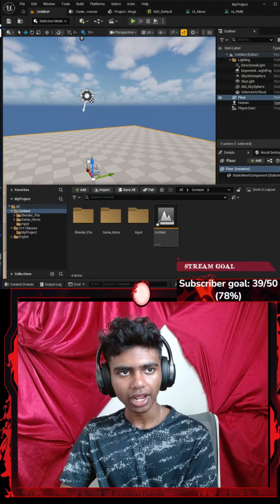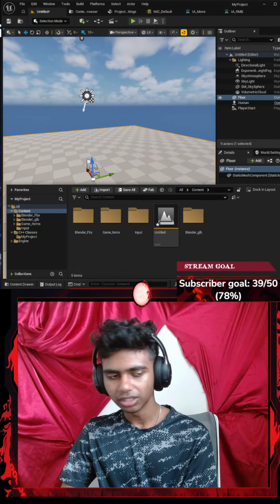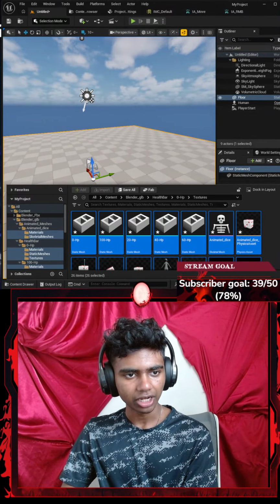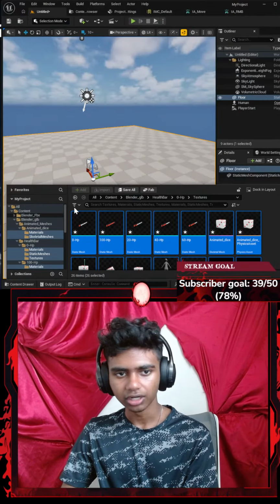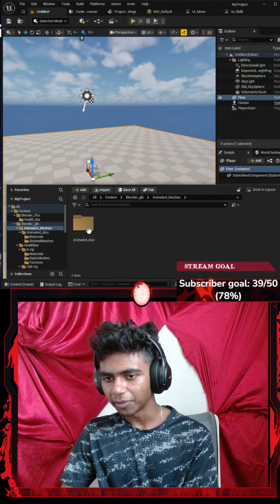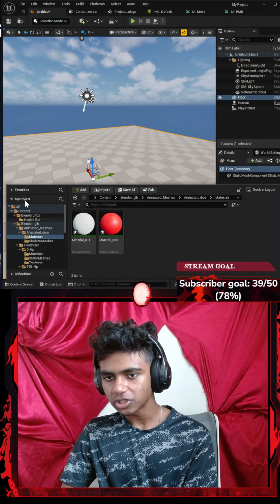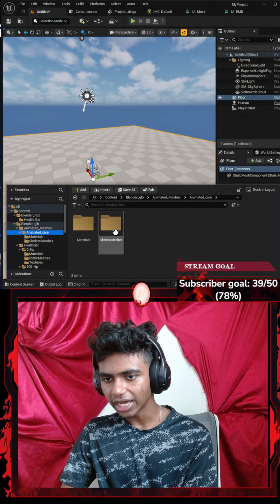Now I'm going to go ahead and load my QLB file in here. Okay, this is my updated one. There we go. Let's go ahead and get my chat back up here too. There. Okay, now I have my meshes and my dices and all that stuff. So I'm going to go ahead and close this. Okay, let's close my content, close my C++ classes. I'm going to go to my Blender QLB. I'm going to go to animated meshes, animated dice, materials. Whoops, not materials, guys, my bad. Animated dice, static mesh.